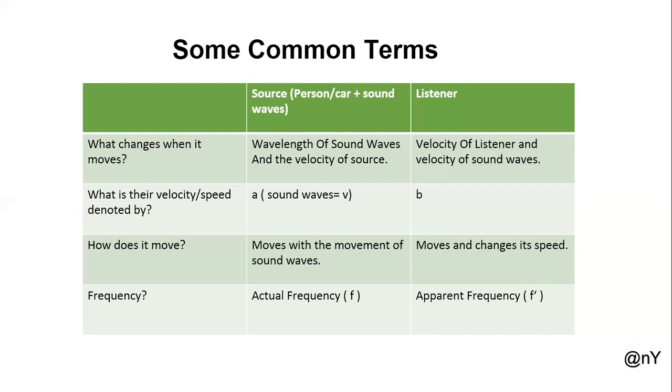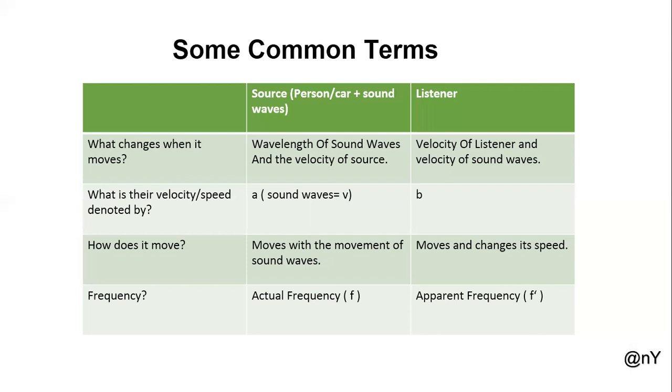Second, for our convenience, we have denoted the velocity of the source as a and the velocity of sound waves as v. For the velocity of the listener, we have b. The source always moves with the movement of sound waves. However, the listener always moves and changes its speed. Number 4 is that the source emits sound waves of frequency called the actual frequency, denoted by f. However, the listener hears sound waves of frequency called the apparent frequency,